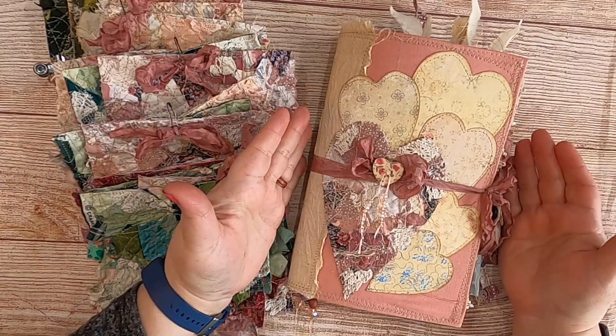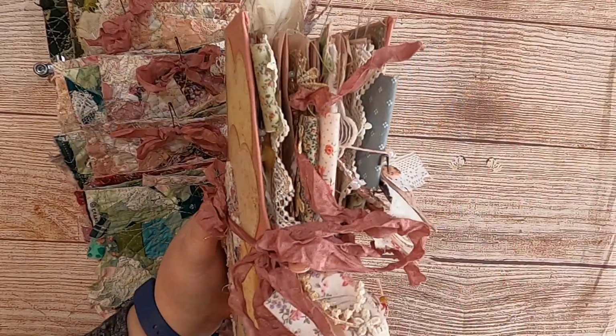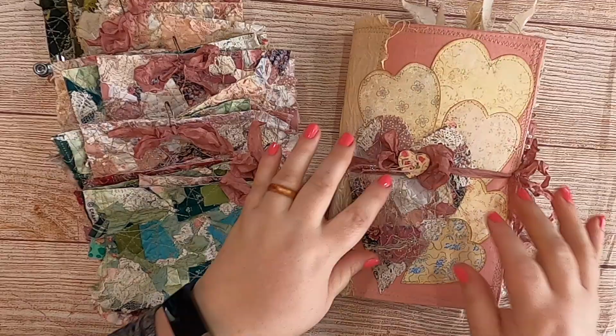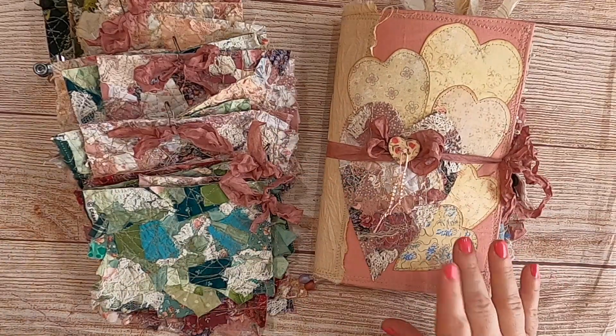We have completed this heart journal, which I am kind of gaga over. Not gonna lie, I really like it. I love how it turned out. And it's been fun working through this with you guys